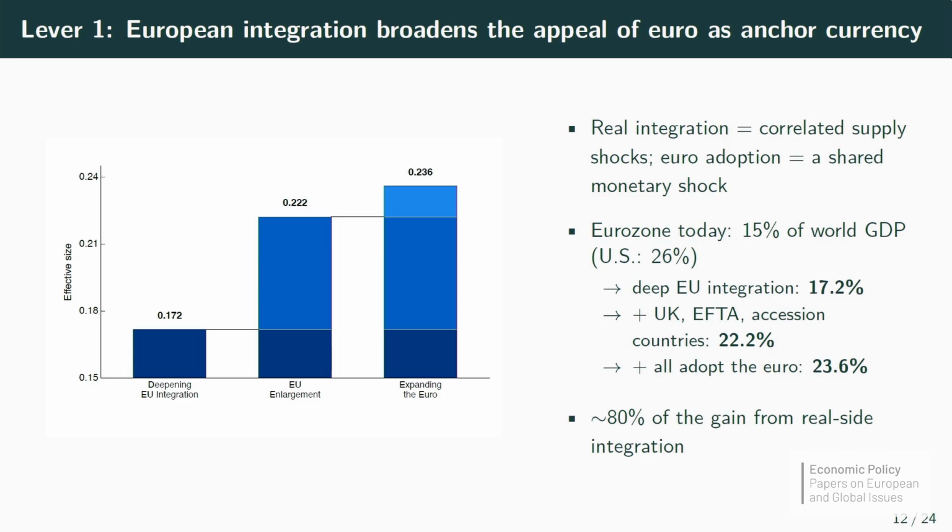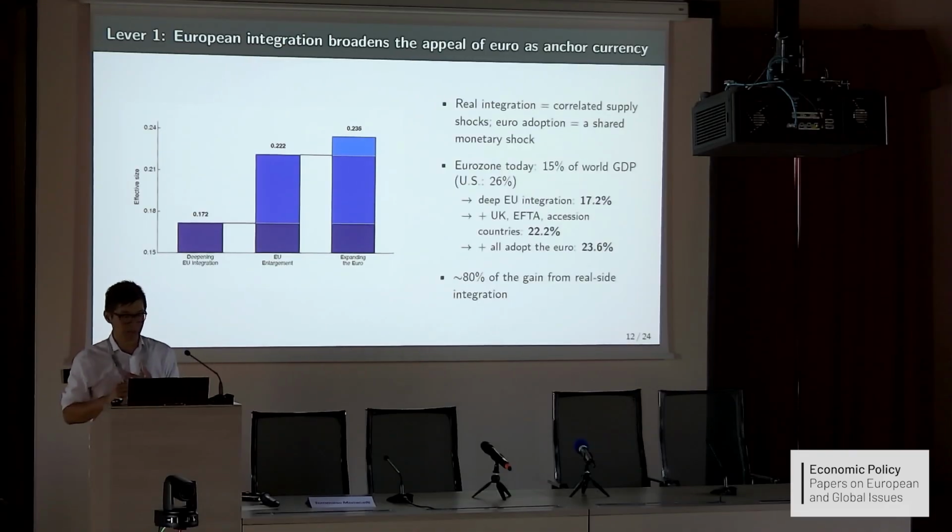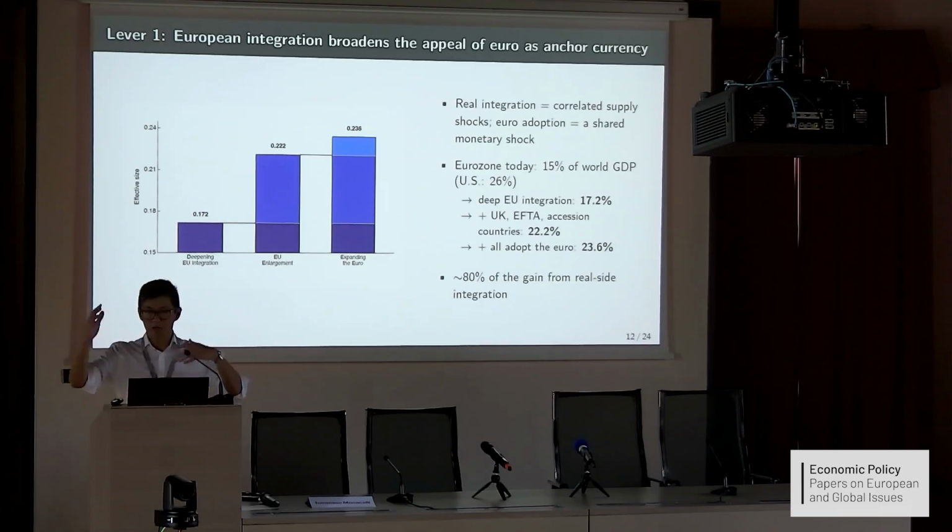As of today, the eurozone comprises about 15% of world GDP. And there's really 2 ways we can think about integration in the euro area. One is real integration, and one is just promoting the adoption of the euro across more countries. What do I mean by real integration? Well, you have different countries right now with different supply shocks and the like, and some are correlated, some might be non-correlated. So within our framework, let's take all the eurozone countries and make all their supply shocks perfectly correlated with each other, so that you can consider them as one country as a whole.